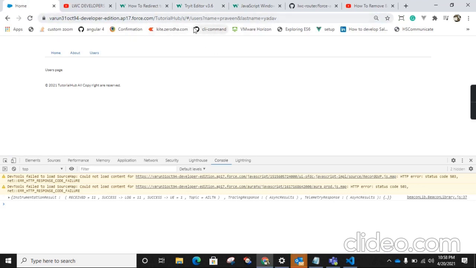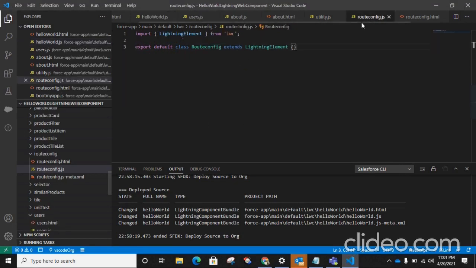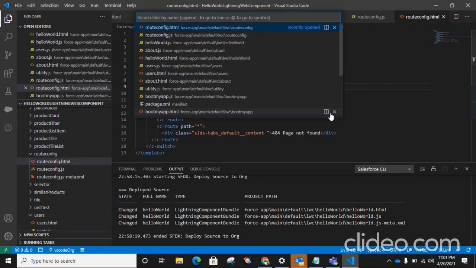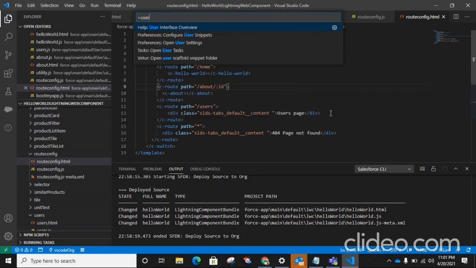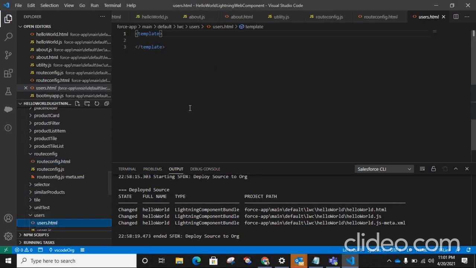We are getting a parameter. So how will we get a parameter from this URL in our component? Let's go to our users route. First of all, we have to create a component users. I have already created it before.